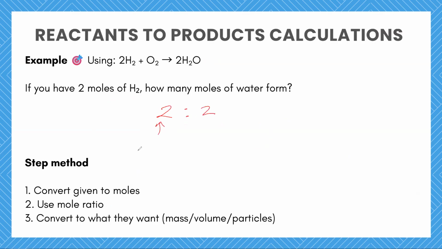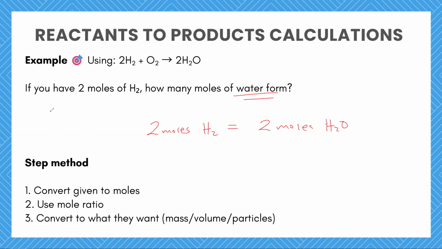Because 2 moles of hydrogen reacted to form 2 moles of water. So did you see how we got the mole ratio? So therefore, we can use the mole ratio to obtain the value for the other element, which is, in this case, water. So from the equation, we know that 2 moles of hydrogen react to form 2 moles of water,